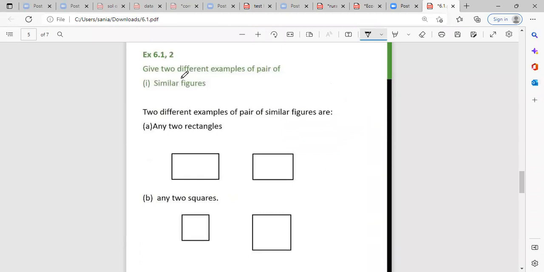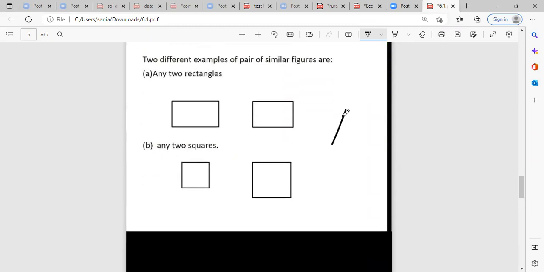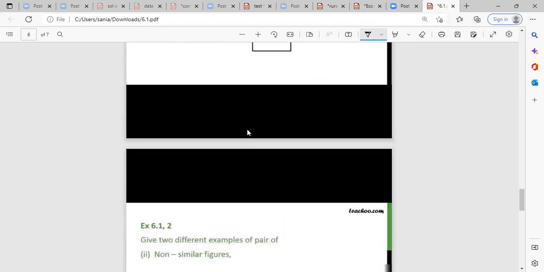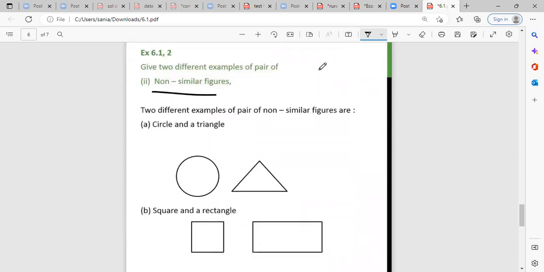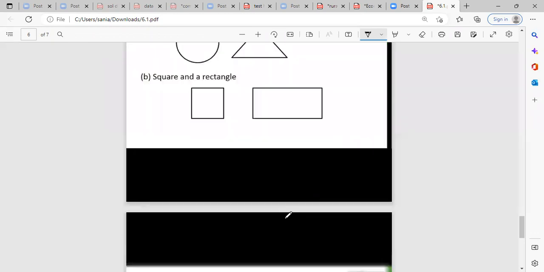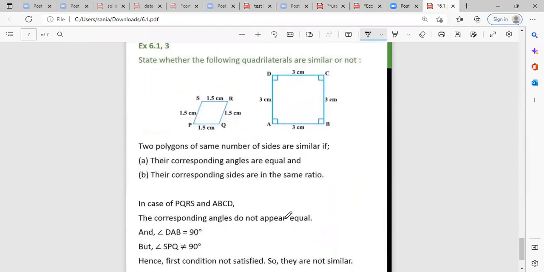Now coming to question number second. Give two different examples of a pair of similar figures. So any two rectangles, right? Any two squares or any two triangles, anything can work, right? So no need for this. Then the next one, non-similar: you can compare a circle and a triangle, or a rectangle or a square, anything, right? Coming to question number third, state whether the following